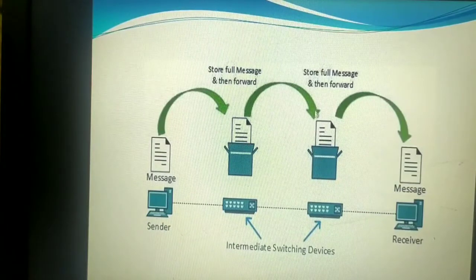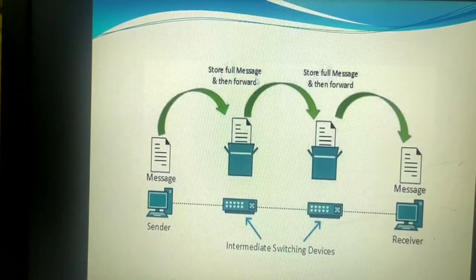When your 400 KB packet comes to this switching office, it will store your data first. It will not examine the destination immediately. It will store first, and only after storing will it see the destination address. Depending upon the destination address, it will forward to the next nearest one. This process will continue until it reaches the specific destination. This concept is nothing but message switching. Now these switching offices might be using the networking devices known as switches.